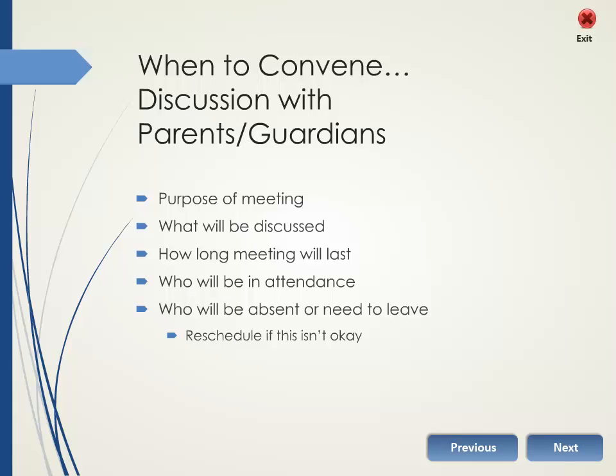As mentioned in the IEP facilitation slides, when calling the parent or guardian to schedule the IEP conference, it is important to make sure that they understand the purpose of the meeting. The parent or guardian should also be informed about what will be discussed and about how long the meeting will last. Inform them of the participants who will be attending and their roles. In the event that someone will be unable to attend or will have to leave early, ask the parent or guardian if they are comfortable with excusing them. If not, you will need to reschedule the meeting so that all team members may attend.